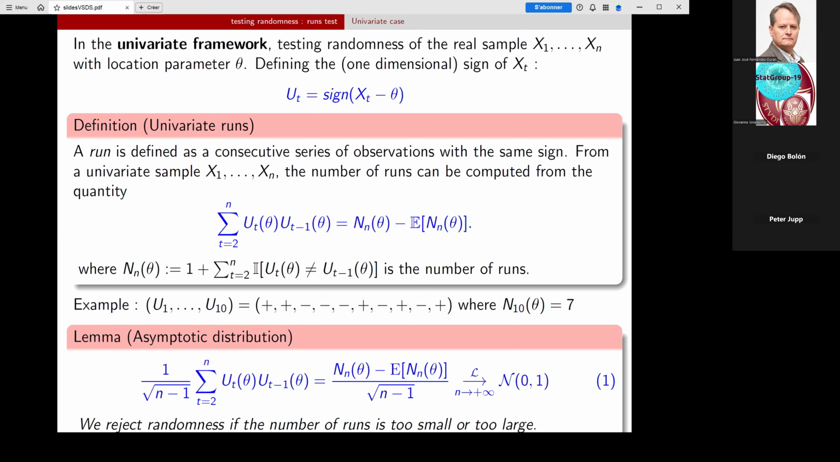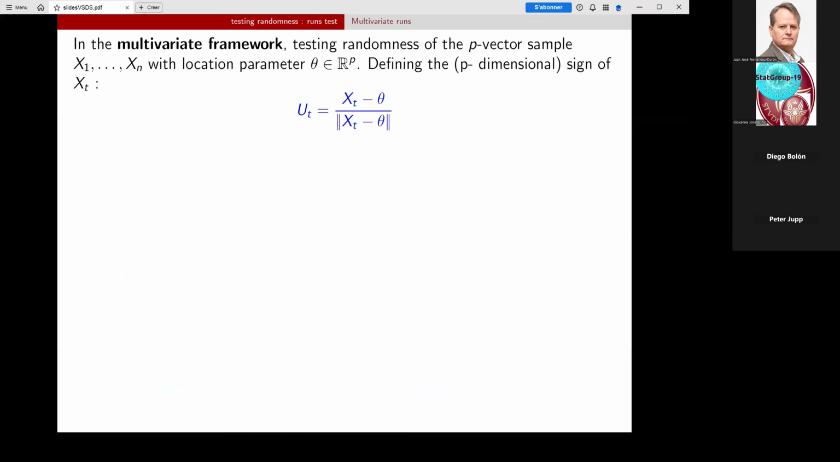But the fact is, we are in the univariate case. For the multivariate framework, of course, you do not have the sign anymore. So we will replace the sign u_t by the definition of the multivariate sign, where theta is again a location parameter. So the sign will be x_k minus theta divided by its norm. If you take this definition, you will no longer